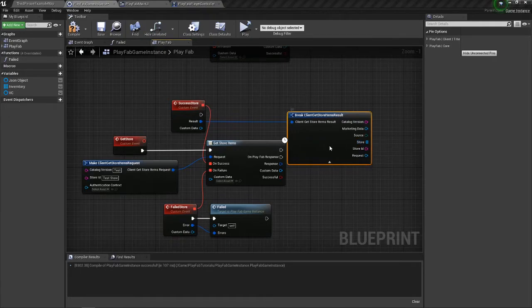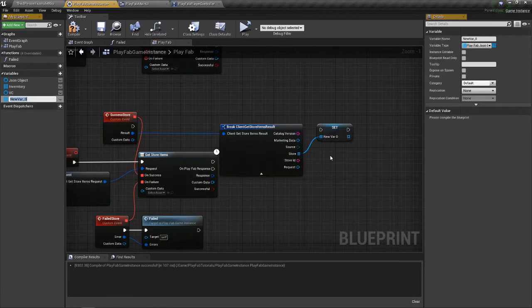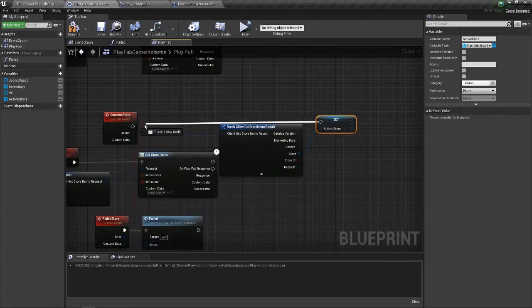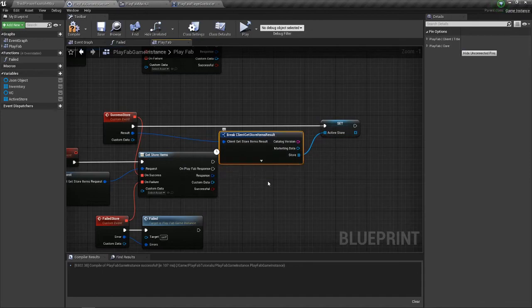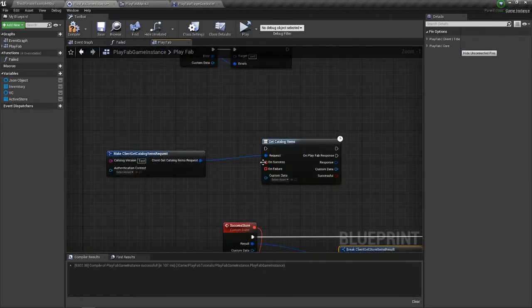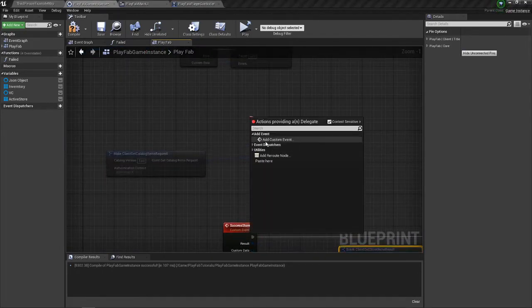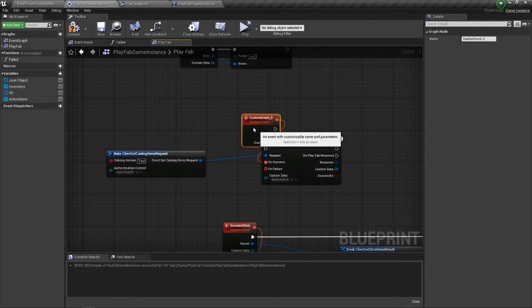So if you have a certain store that's active, you probably want to set this to an active store variable, just so that you can then get all of the store items that are currently there and then display them in the UI. Now on the get catalog one, if we just quickly create the custom event just to show you the success,